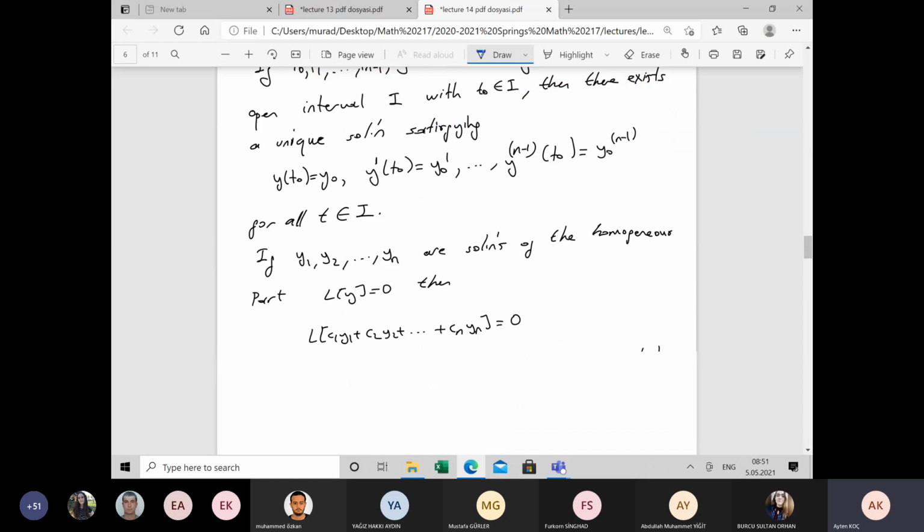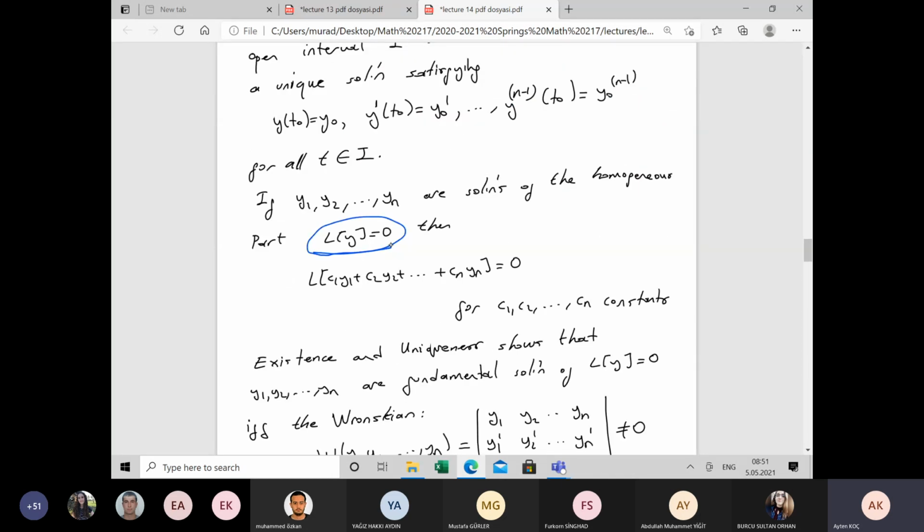The corresponding homogeneous equation is L of y equals 0, of order n. So y sub 1, y sub 2, up to y sub n are fundamental solutions of the homogeneous equation. We claim that if we have the n fundamental solutions, or just solutions, of the homogeneous part,